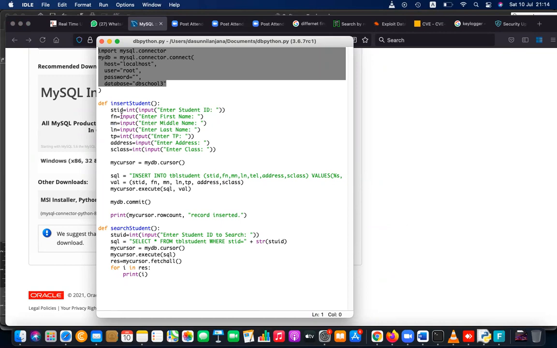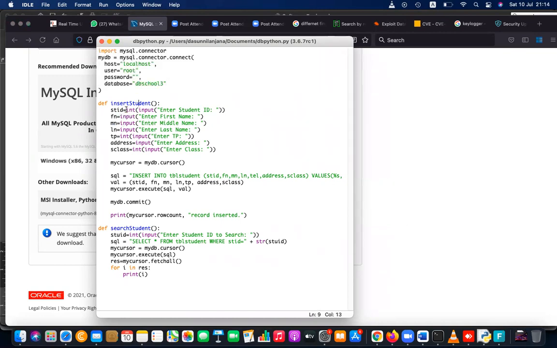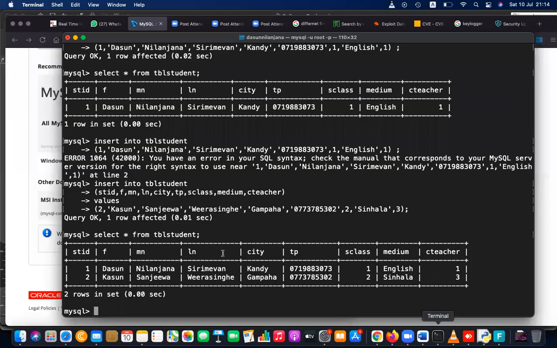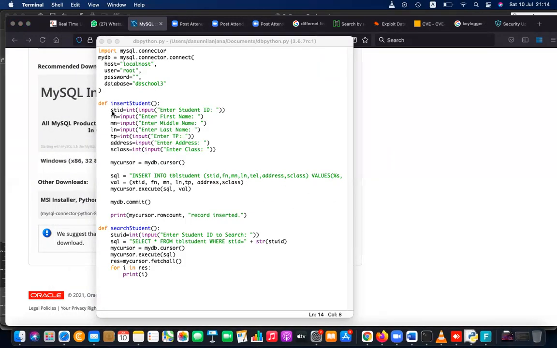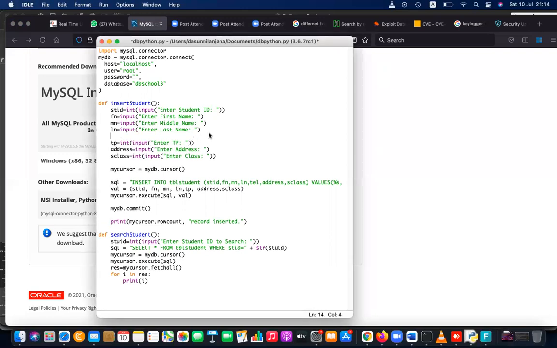Actually, I'm going to define that as a function. Insert student. I need the first name, middle name, and last name. After that, I have to write the values in order: city, TP, S class, medium, C teacher. First name, middle name, last name. City, I have to take input,